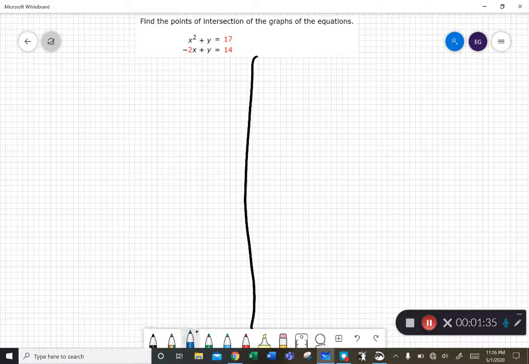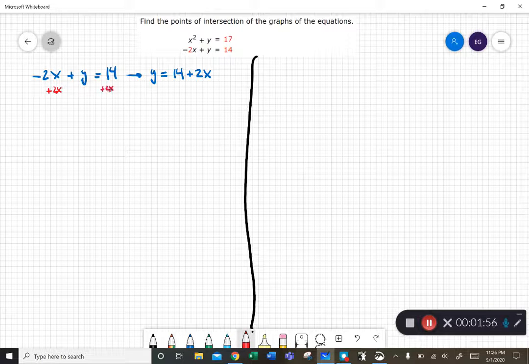So what I'm going to do is take the second equation, which is negative 2x plus y is equal to 14, and rewrite that as y equals 14 plus 2x. So basically just add 2x to both sides to get y by itself. And so equation number 2 becomes this. Okay, so now we go to equation number 1,